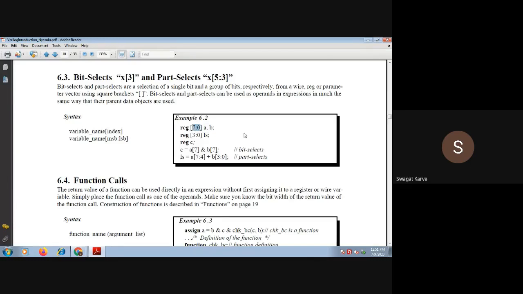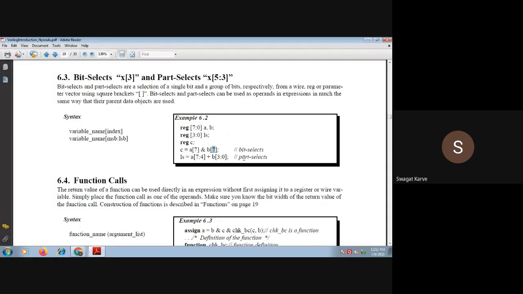In this way you can simply mention the bit select value. Similarly, C = A[7] means it's a single bit, the 7th bit. Similarly, B[7] means again in the B register, it's the 7th bit, a single bit, right?